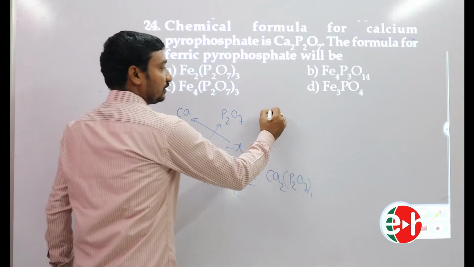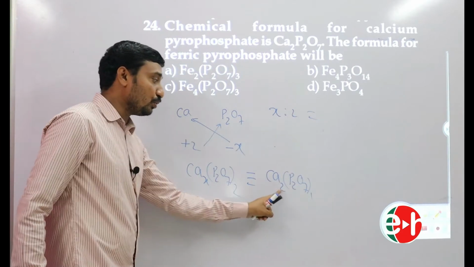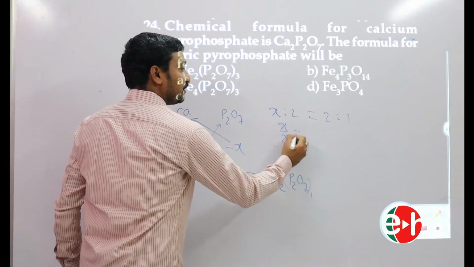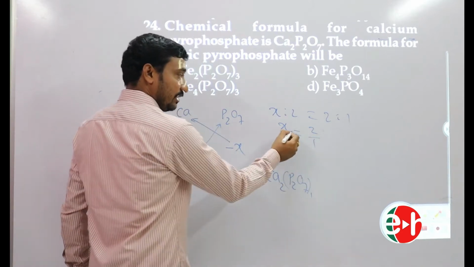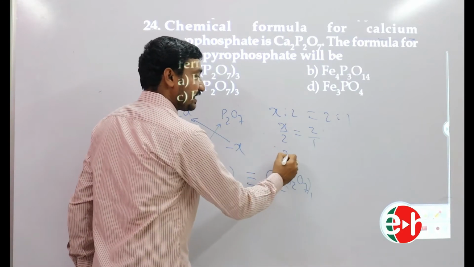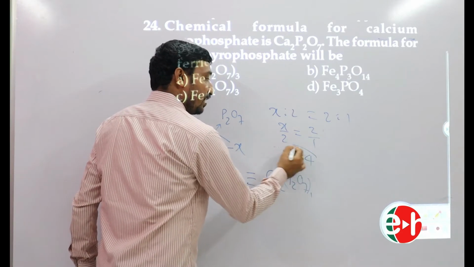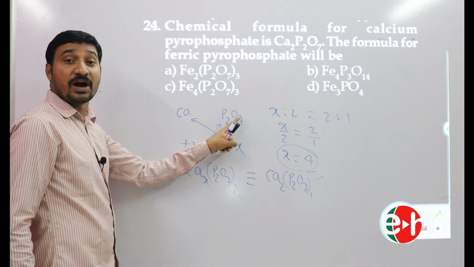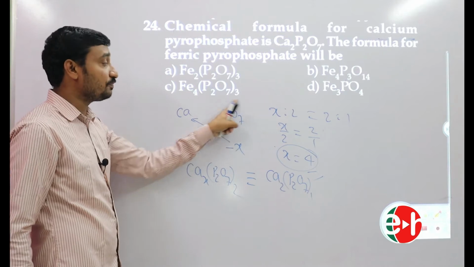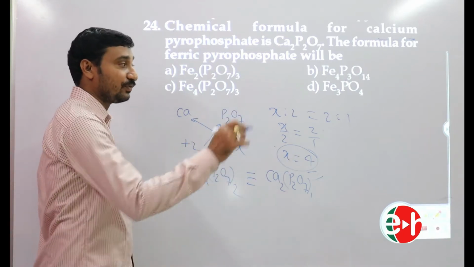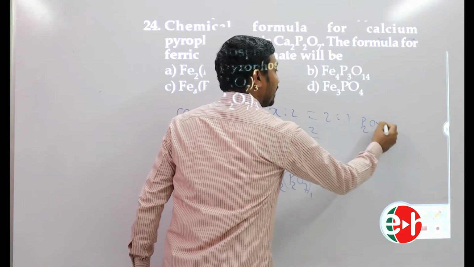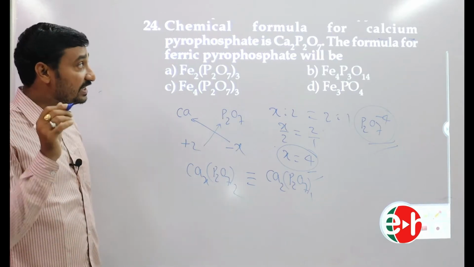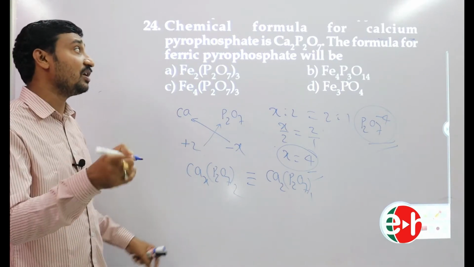Now X is to 2 is equal to 2 is to 1. Then X by 2 is equal to 2 by 1. Cross multiplication: X is equal to 2 into 2, which is 4. So what is X, the charge on pyrophosphate ion P2O7? X is 4, so -4. What is the charge on pyrophosphate ion? -4. If we don't know the charge on any ion, but any chemical compound involving that ion is given, you